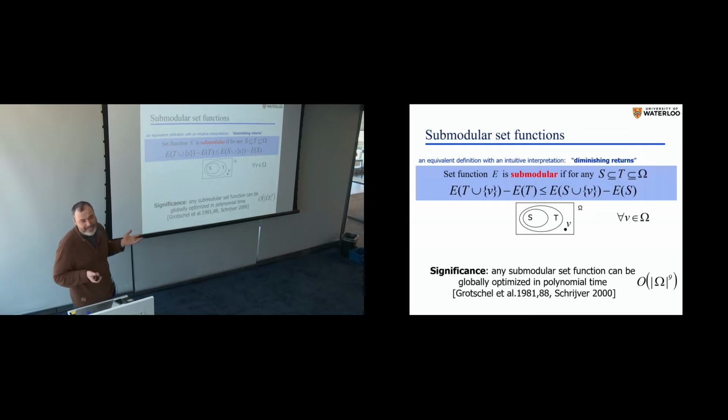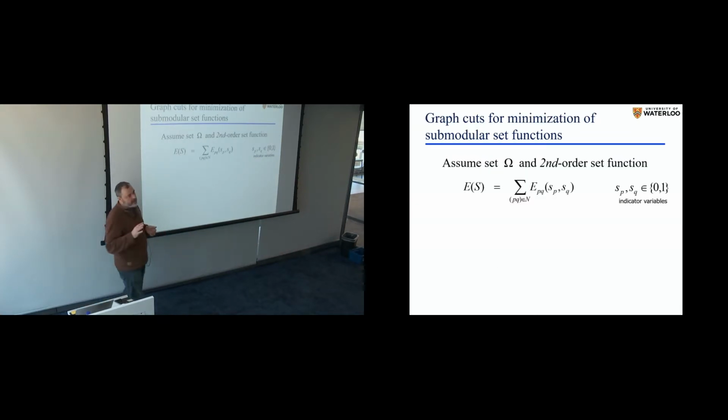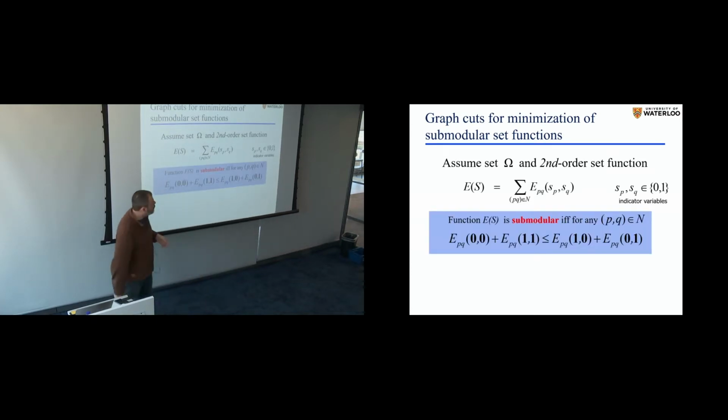Well, but yes, I'm happy for people in economics that they have this nice interpretation. What does it mean for segmentation? I don't know. But there's another interpretation that is easier to introduce in the context of simpler submodular functions. Let's consider second order submodular functions, which means that the factors I'm having there are only pairwise. So it's pairwise energy. And in this case, it's really easy to prove that submodularity is equivalent to this. For any pair, this factor should have a property that the energy of 0, 0 plus the energy of 1, 1 should be less than the energy of the two cross labelings.